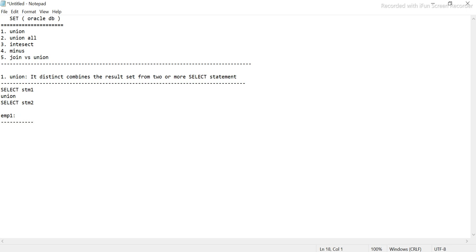This particular table has employee number, employee name, and let's say department number, three columns. And I'll take the example, let's say 1, Akash, and department number 10 maybe.